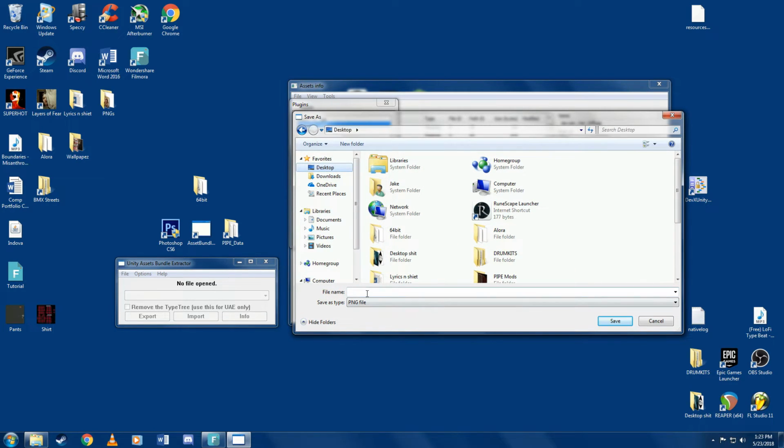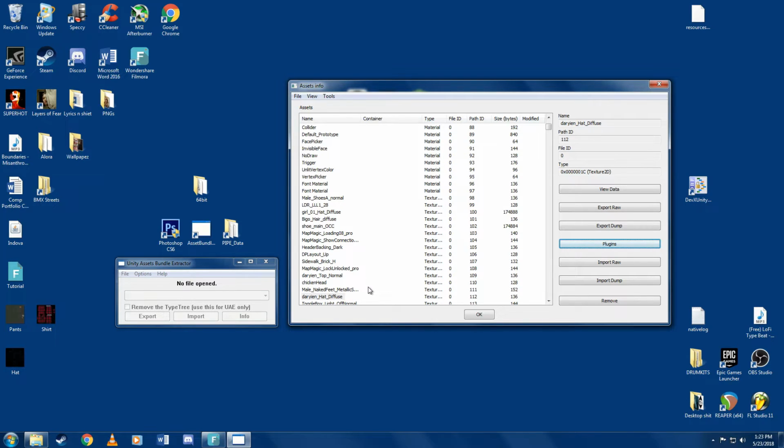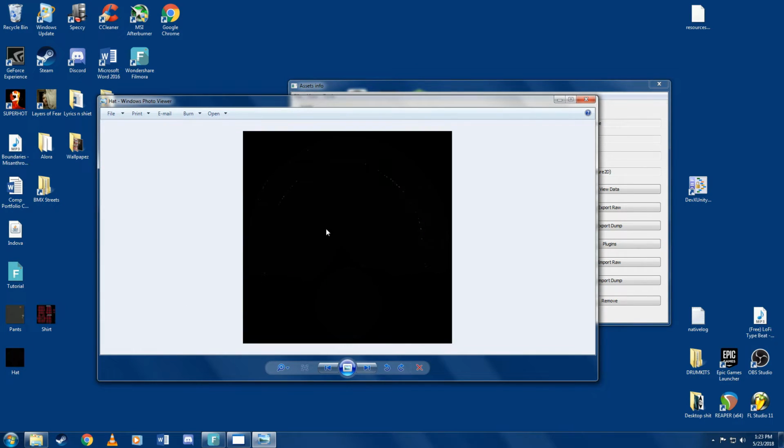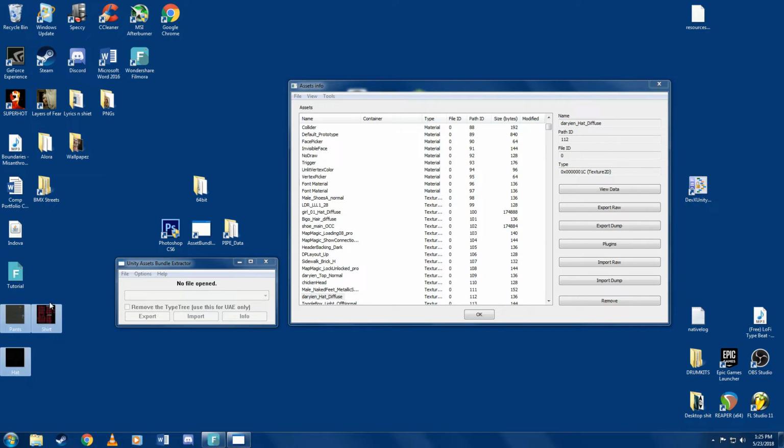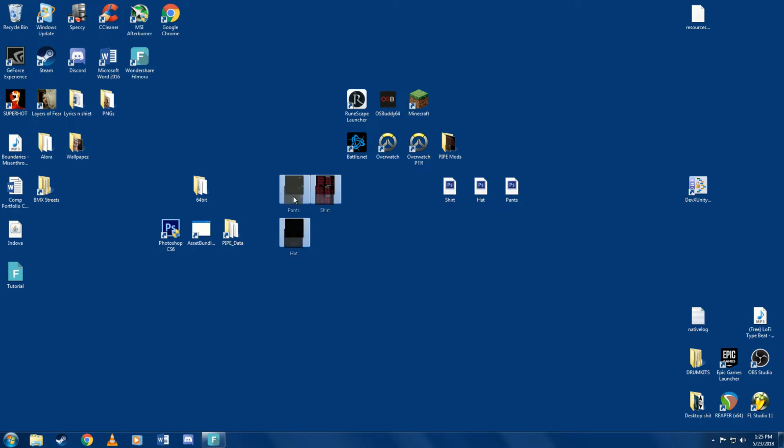We'll save it to the desktop as hat. And this is what the hat looks like. It's pretty hard to see actually. Now that we have all three of our clothing textures extracted, we can go ahead and close this assets extractor for now. We can now work on the fun part, which is modding the actual textures within a photo editing